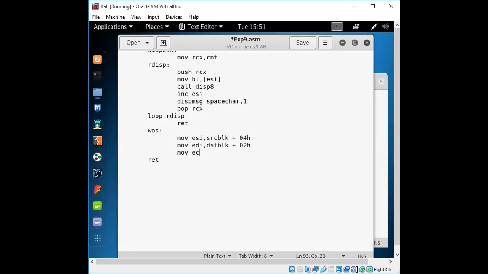After that, we'll take the same thing with the count, how many elements are there, and we'll get it for the inner loop. Which will be used for identifying and transferring the elements one by one from one block to another block. That is move AL, comma, ESI, move EDI to AL, and decrementing both the pointers.